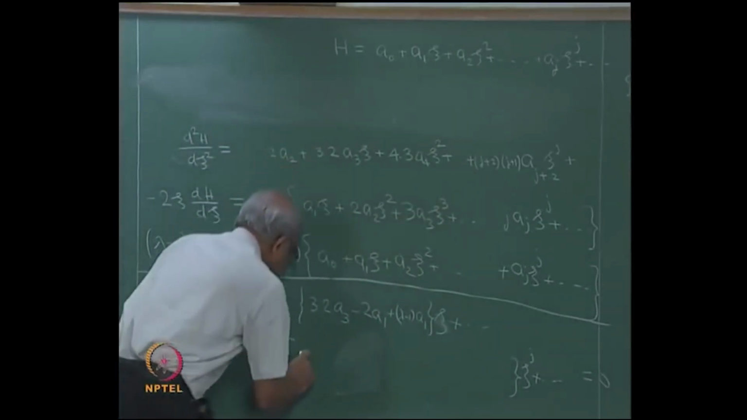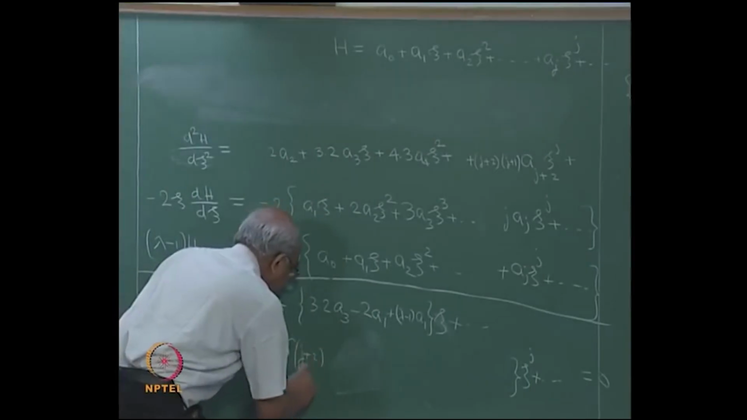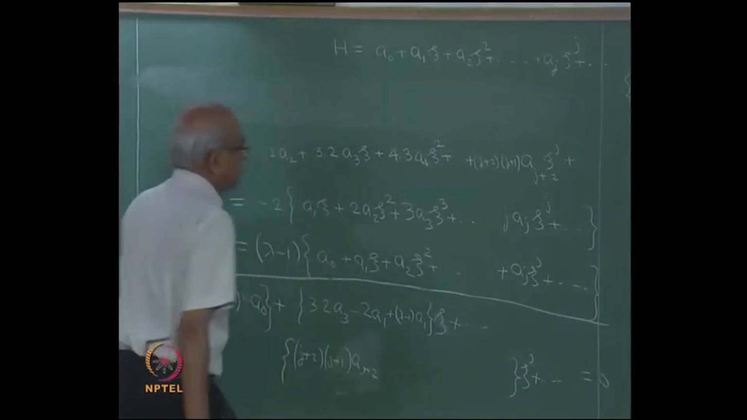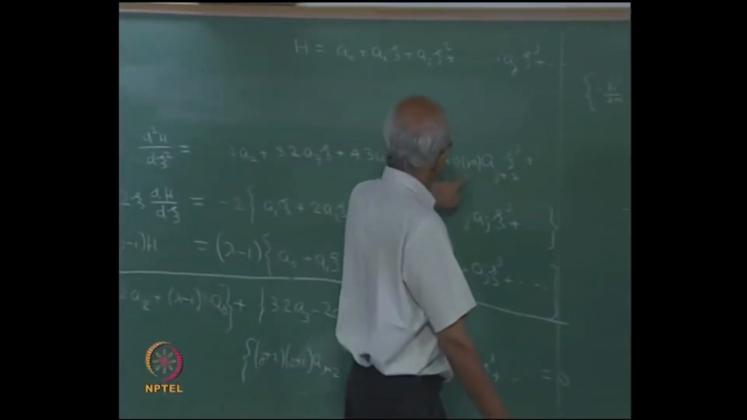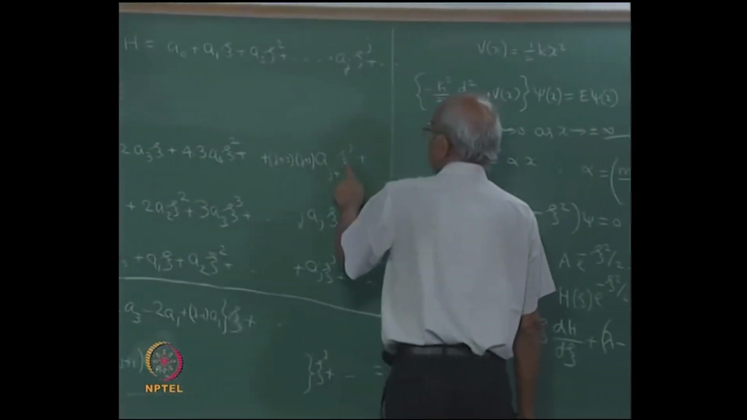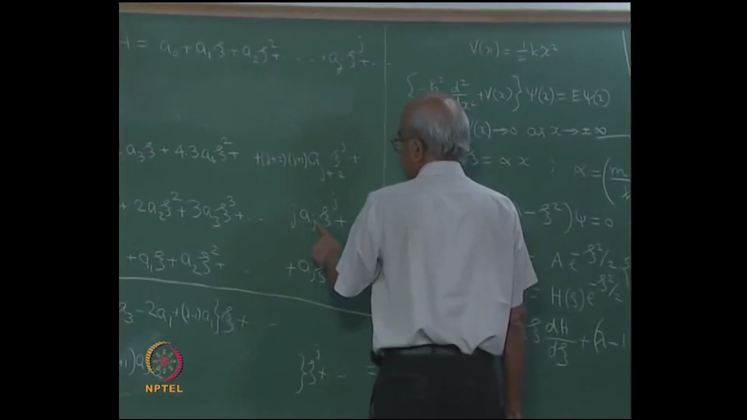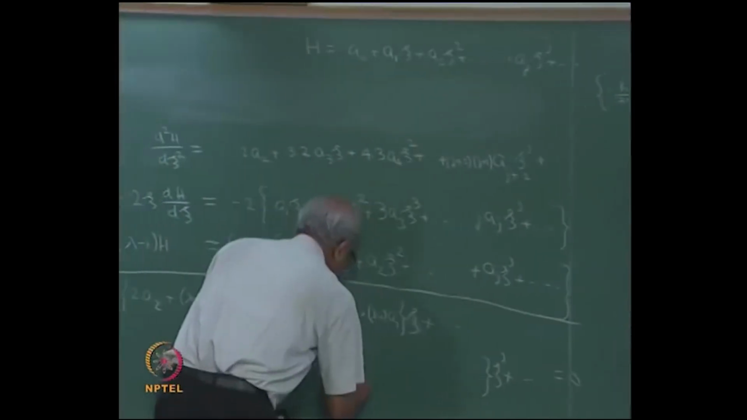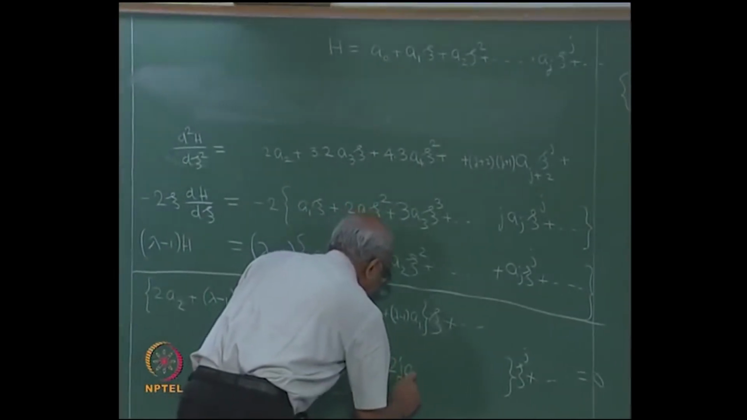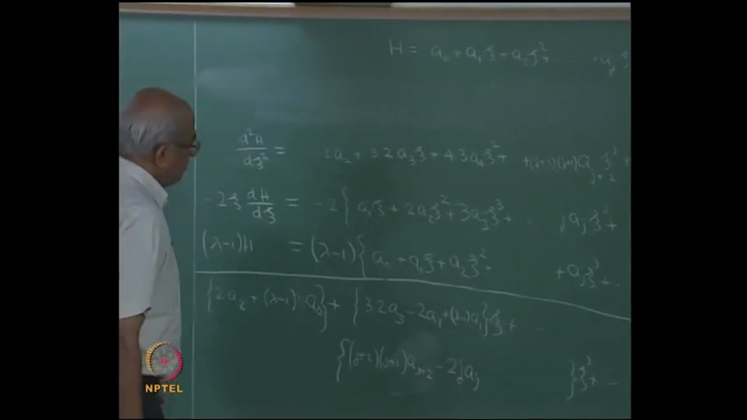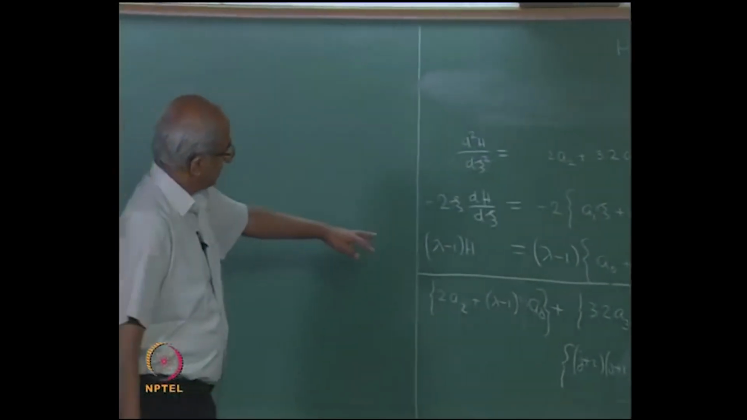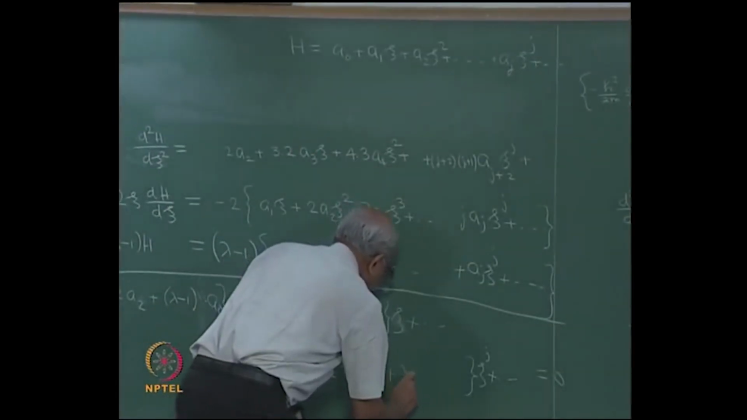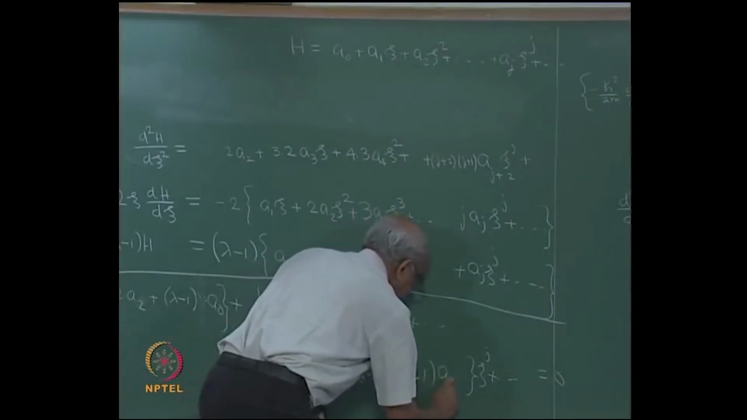Well, you are going to get j plus 2 into j plus 1 into a j plus 2. That is coming from here, that is the term involving c to the power of j. Then there is a term coming from here, j a j, but that has a minus 2 associated with it. So, therefore, minus 2 into j a j. And what is the contribution from this line? That is going to be plus lambda minus 1 into a j,